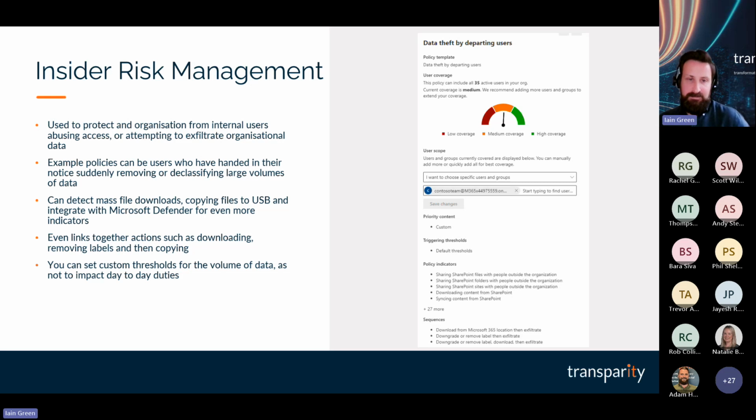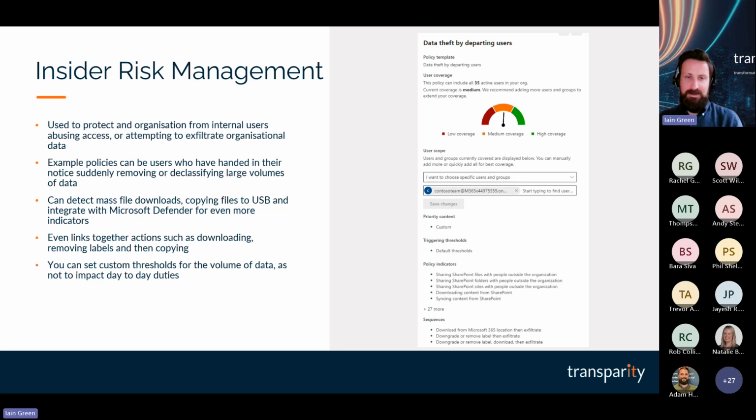If I look at the example that I've given there, that's a theft by departing users. In this example, I'd have a connector set up with my HR system, so that we get a periodic output from the HR system to let us know if someone has started working their notice. If they have, then the users are moved into a slightly higher priority group, at which point they come under this policy, which would then start monitoring